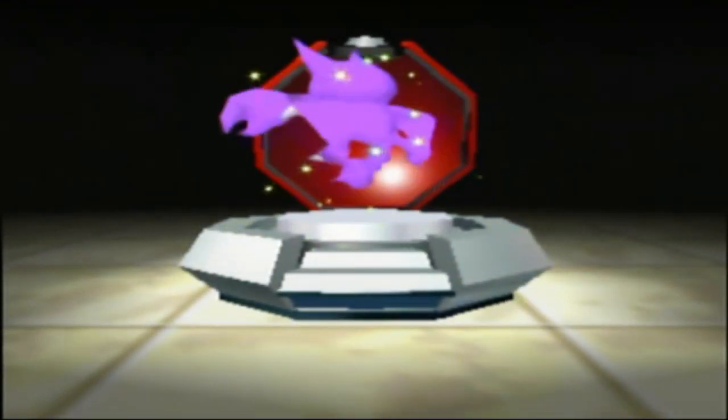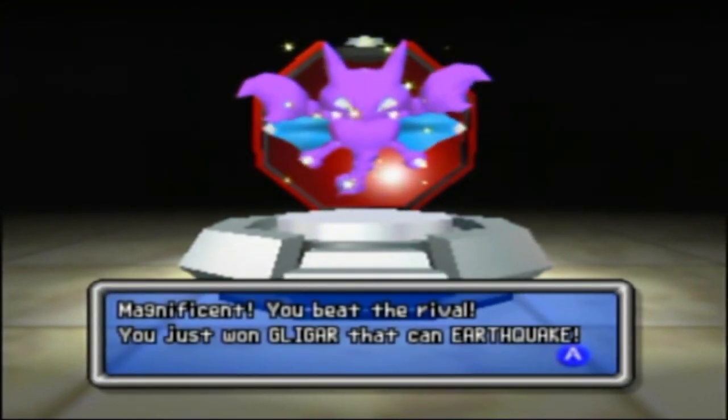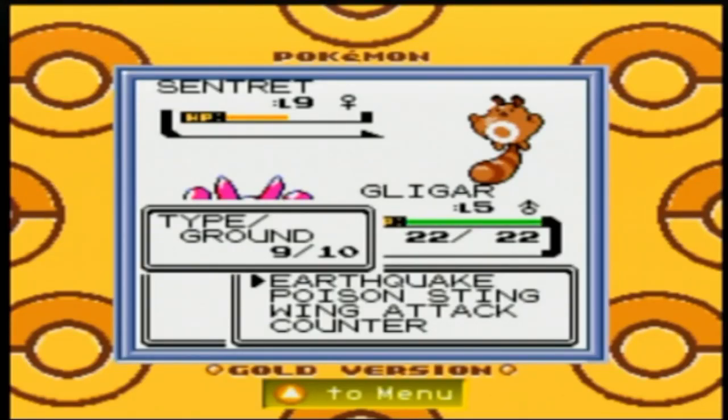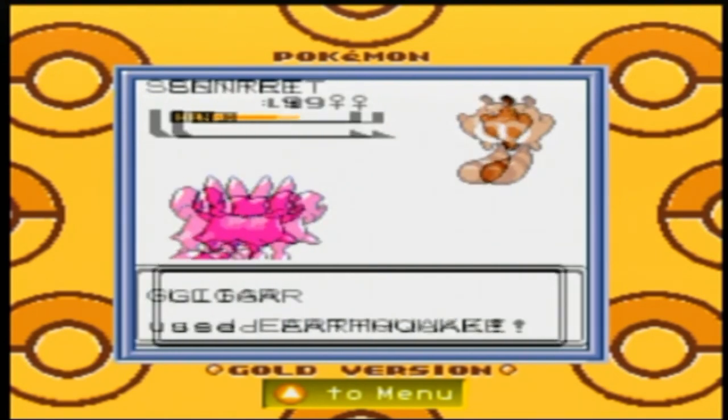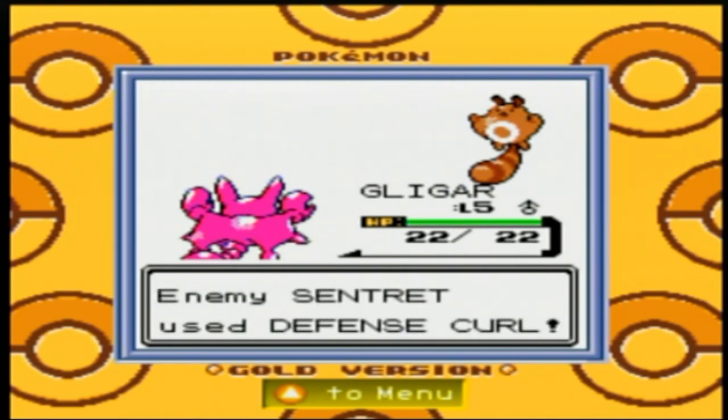This time, your reward for babysitting Little Rocket Jr. is a Gligar with Earthquake. That's not a bad reward. This is a powerful moveset for Gligar, but you can only get it once on your Stadium 2 save file. The only way to get another one is to erase the data on your Pokemon Stadium 2 cartridge and start